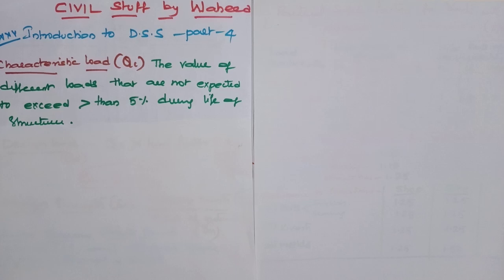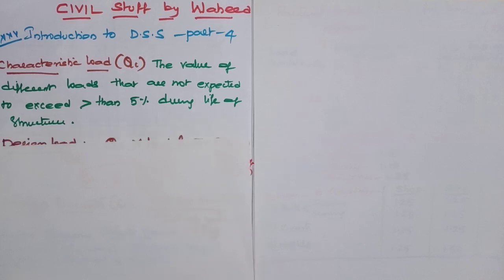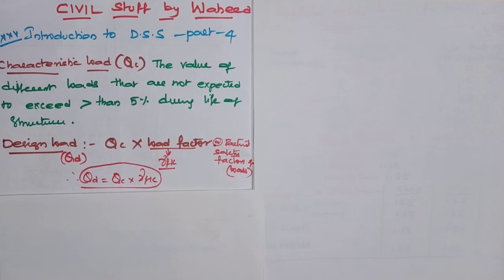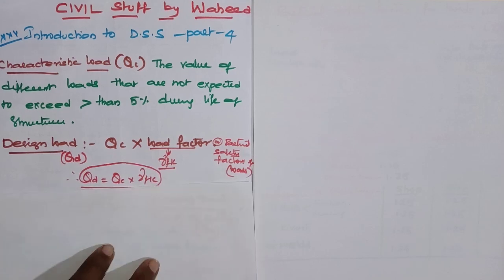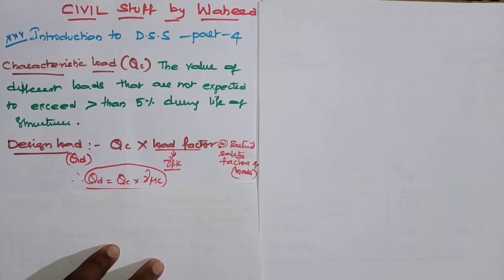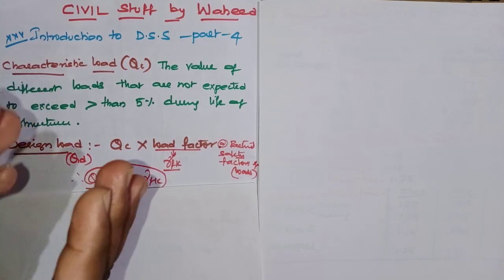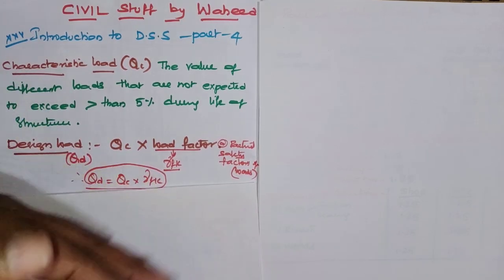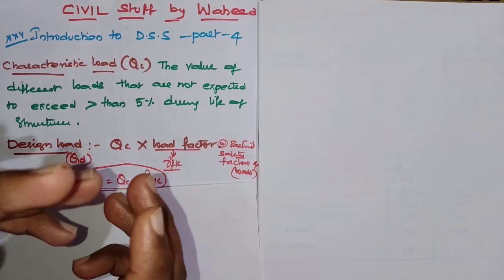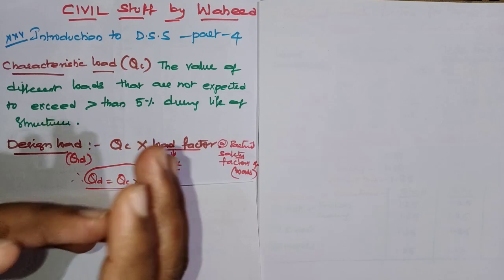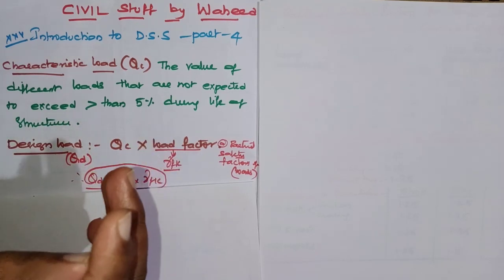Okay, and if I know the characteristic load, if that load is multiplied with the partial safety factor with respect to loads, then it is called a design load. So in general, irrespective of the load combinations, we will be taking a factor of safety of 1.5 in case of the limit state method, but based upon the load combinations, these values will be varying. So we'll see in the next tabular column what the partial safety factors for loads are under the different load combinations.